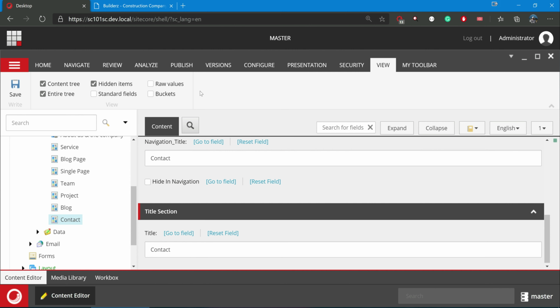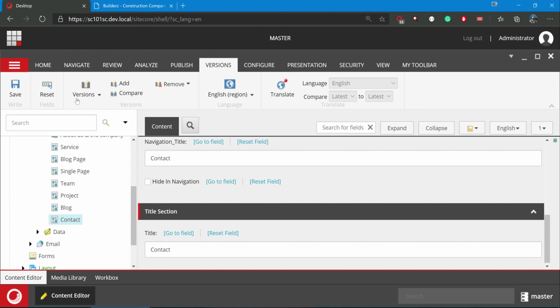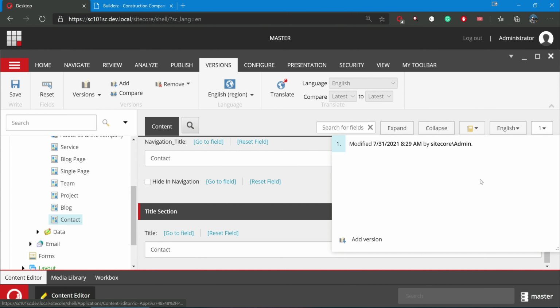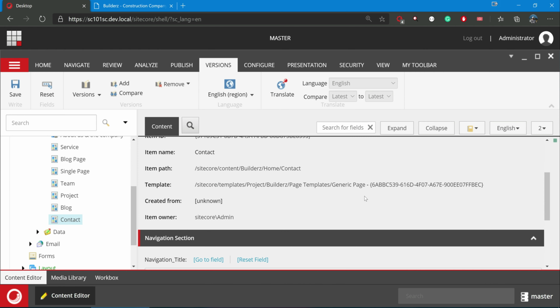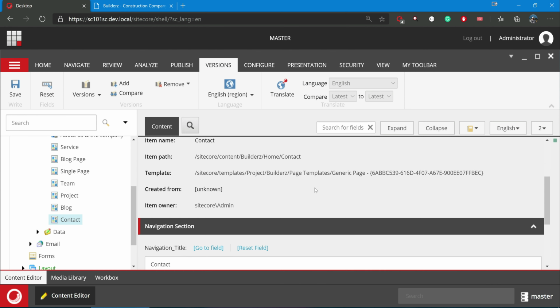And this is also present in the Versions tab, where you will have add, compare, remove, all these things. So either you can add from here or from here. Let me click add here. See, it has added a new version.